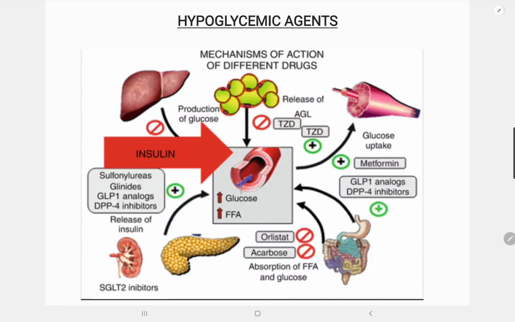Let's talk about hypoglycemic agents for the treatment of diabetes, and we'll talk about high yield points which are tested on USMLE. Let's start with the drug metformin, and its mechanism of action you need to remember is it increases glycolysis and decreases gluconeogenesis. It is used only for type 2 diabetes mellitus, and as a side effect it causes